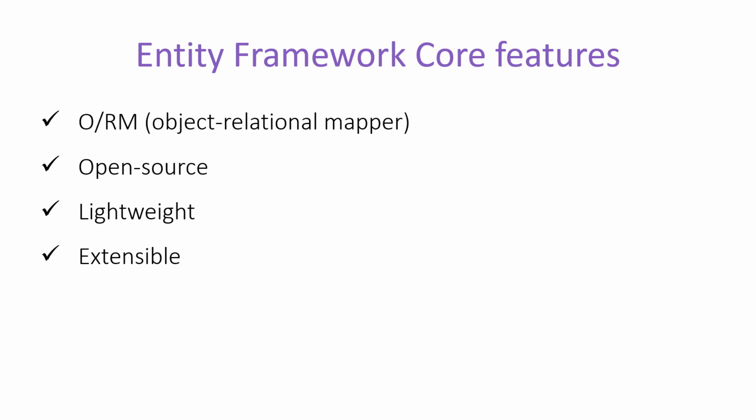Entity Framework Core is highly extensible. You will find several packages which are compatible to work with several databases. Still, if there is a new database in the market, then you can use Entity Framework Core to make it compatible with the new database. It supports asynchronous calls. This is one of the main advantages of using Entity Framework Core. Since .NET Core supports fully asynchronous calls, similarly Entity Framework Core also supports fully asynchronous calls.